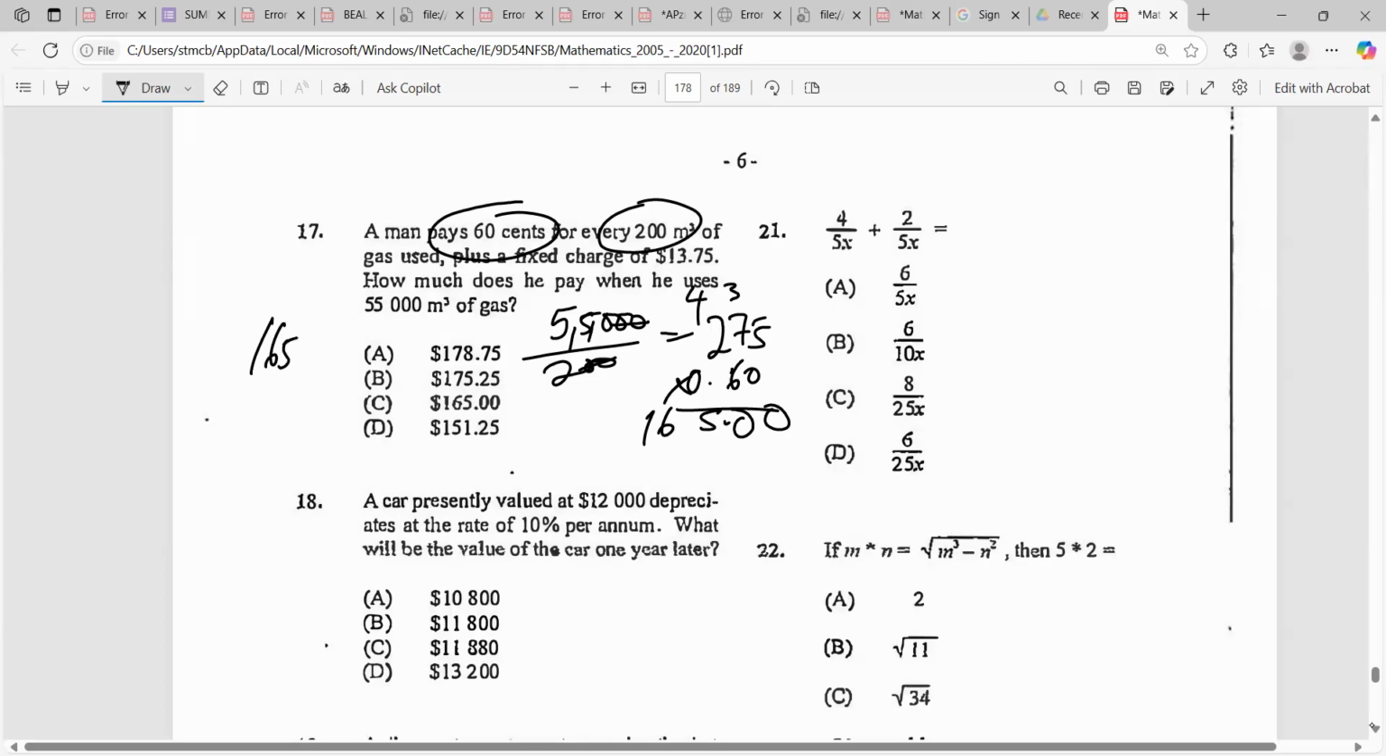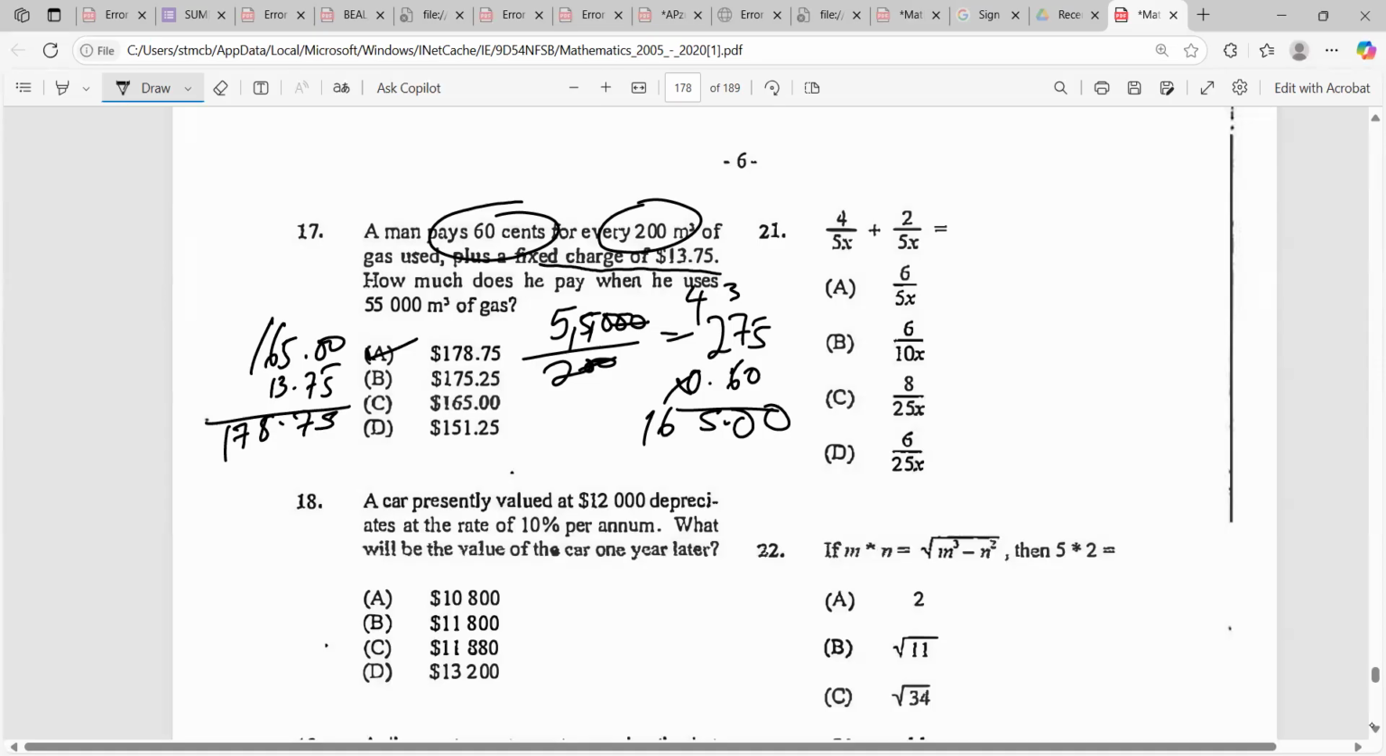So we have 165. But they say there's a fixed charge. Fixed charge means it's an exact amount we have to add. So we add $13.75 to get the grand total. So the total is 175. So this will be the answer. 3 and 5, 8, 6 and 1, 7. Yeah. All right. Number 18 says